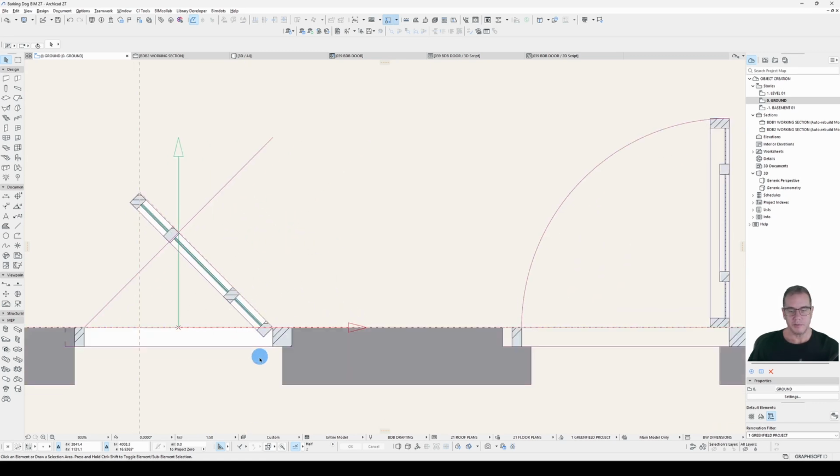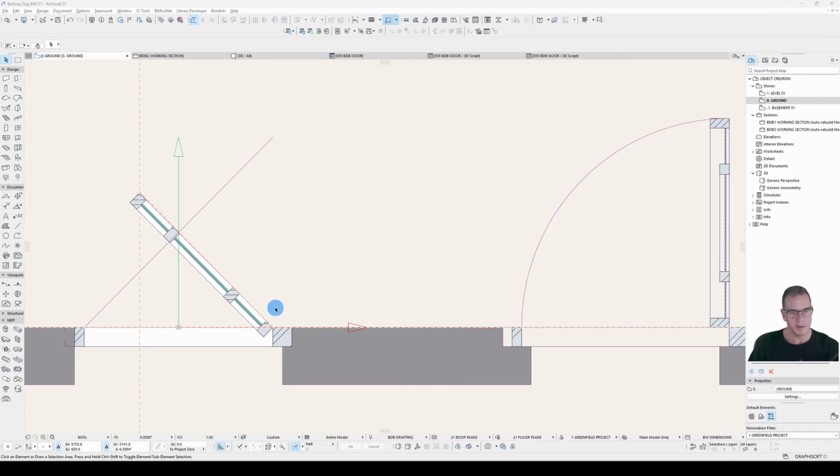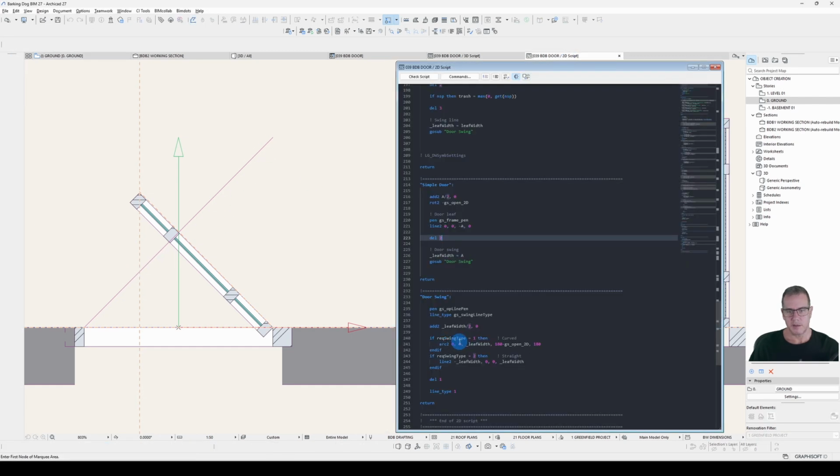This is our angle. If we have a look at our diagram here, we've got our A angle. So our cursor is here when we're drawing this line. If we have a look in our 2D script, our arc is at 0, 0 because we've added this transformation to get us to this point here. That's in full detail. In low detail, it'll be to the corner here. So that's where our cursor is. Then we draw our line starting at this point, and then we've got to find this point for our end,